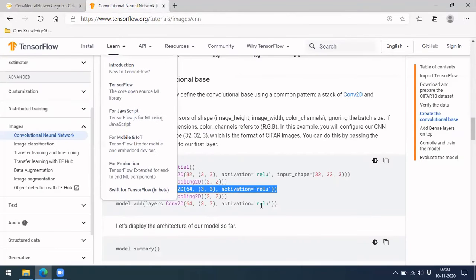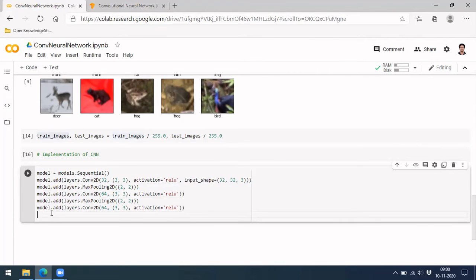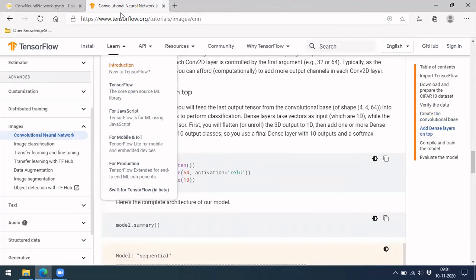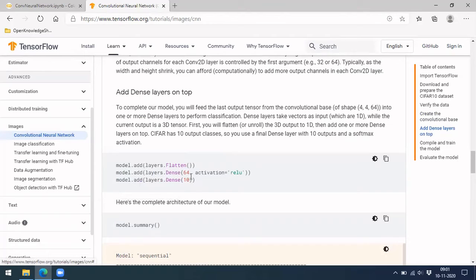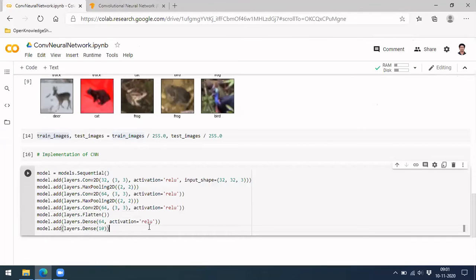And then finally a layer with 64 filters. As I told you, in this third time they are not going with max pooling. They are only doing it twice, but it's optional and it's up to you how to use it. If you do it a different way, it doesn't affect anything, you don't have to worry about it. Then they flatten it, and then a dense layer of 64 with an activation of ReLU, and then a dense layer of 10.